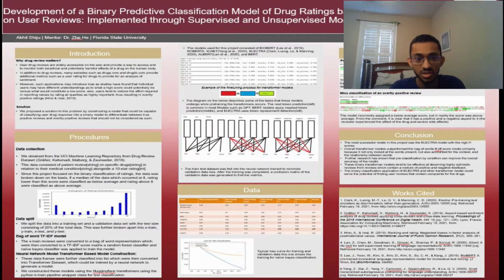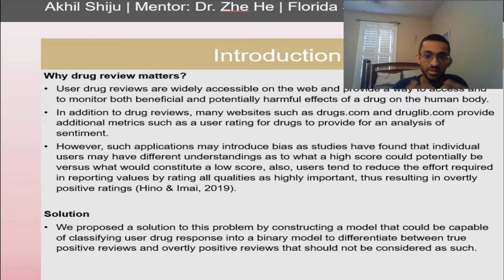Today, I am going to discuss the implementation of a binary classification model for ratings through user reviews. The internet is full of many user-based reviews for a variety of products, whether it be on Amazon or the Apple Store. These reviews, alongside user ratings, contain a vast amount of information regarding user sentiment. My project focused specifically on looking at user reviews of different medications from drugs.com and druglib.com, which had their own